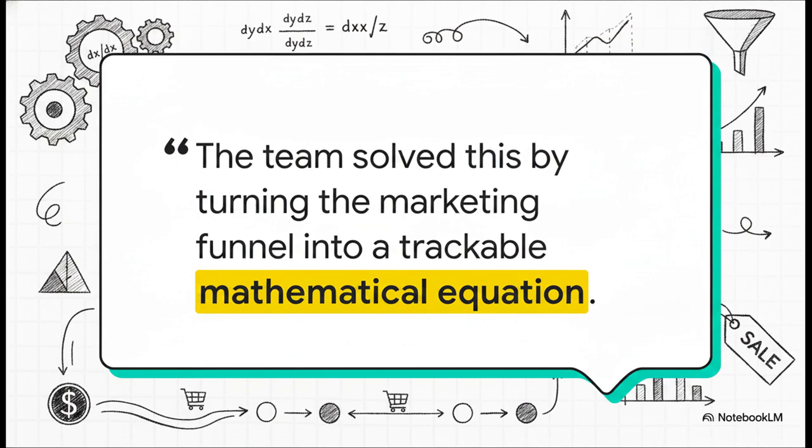Instead of getting bogged down in complex proofs or relying on flaky tracking cookies, they just used the calculus chain rule. They realized they could literally model their entire online ecosystem as a continuous chain reaction, tracing from the very first dollar spent all the way to the final sale.